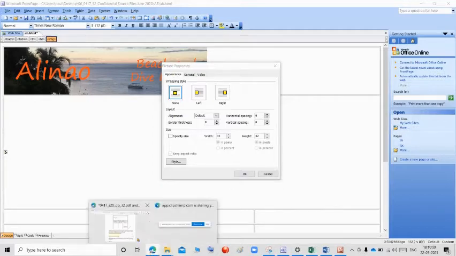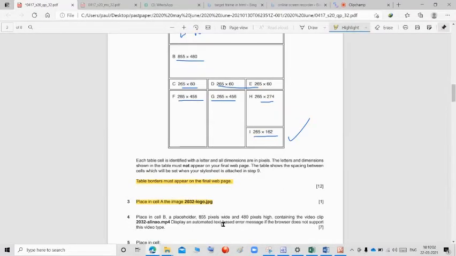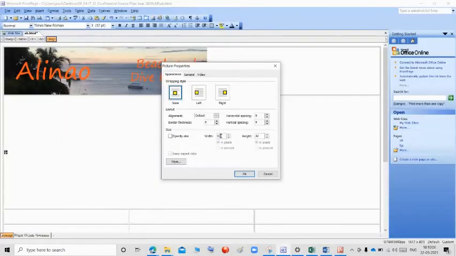Already they are mentioned, it should be 855 width and 480. So give specify size. We want to click the specify size.